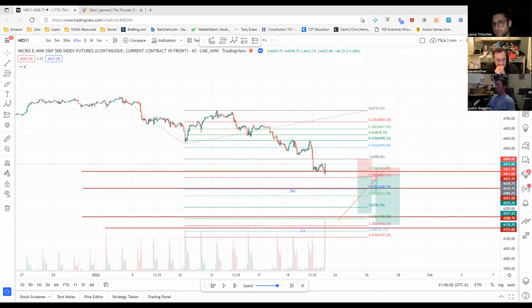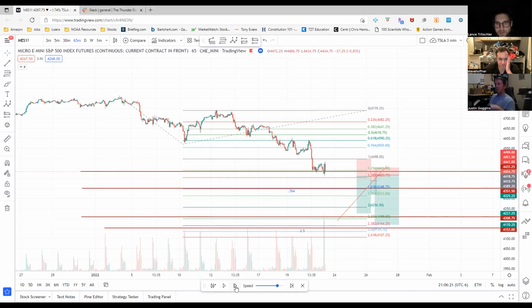Those are my target levels. If it doesn't hit the 618 and give me some kind of hammer candle or something like that, then I'm not playing a bounce. So if it bounces here, fine. If it starts to bounce here, Justin, please do me a favor and